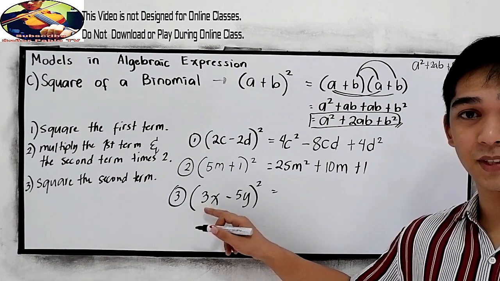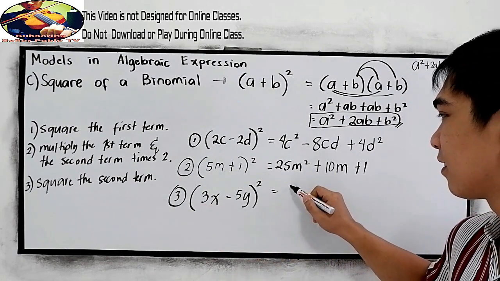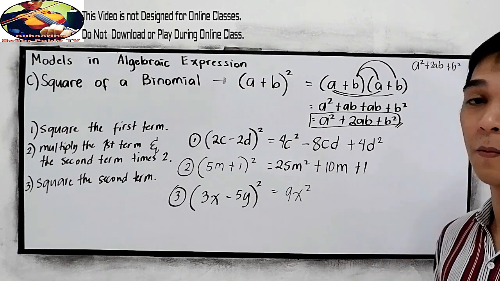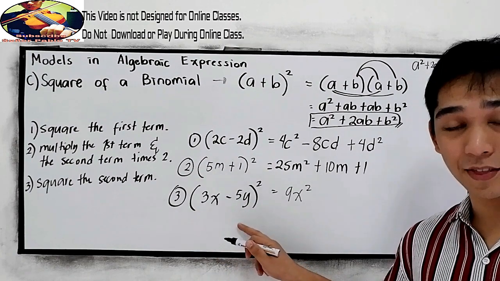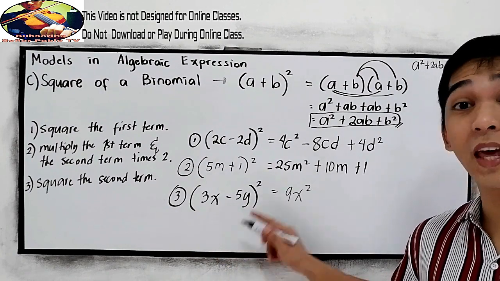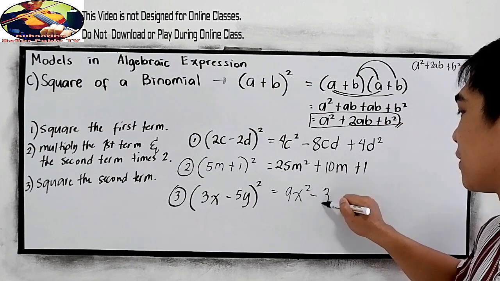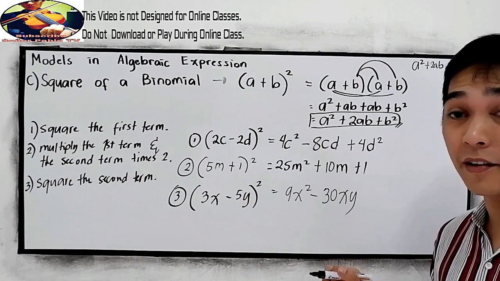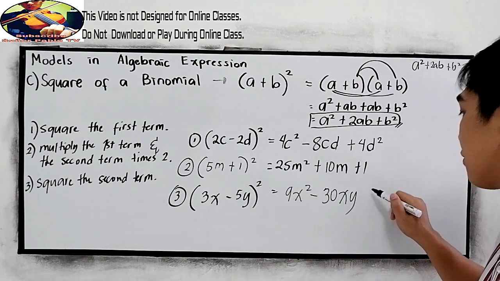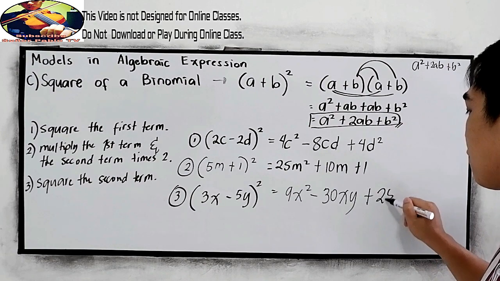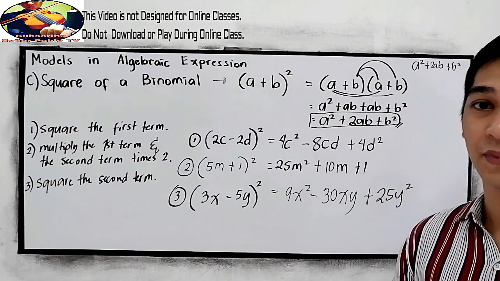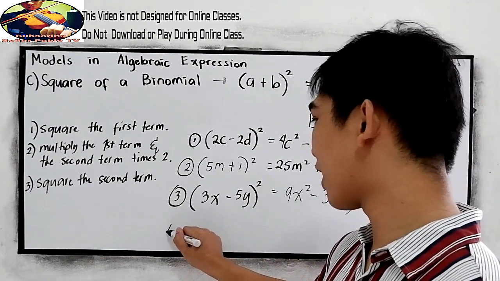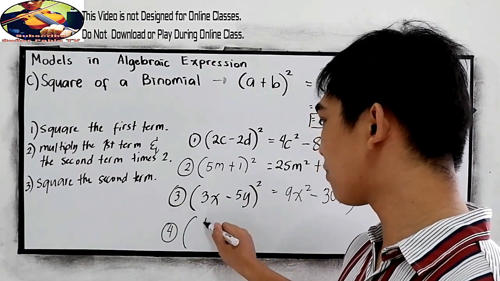Square the first term. That is 9x squared. Multiply the first term and the second term. Negative 15xy times 2. Negative 30xy. Then square the second term. Negative 5y times negative 5y. Positive 25y squared. Did you get the same answer? Very good. And for our last example, let's say we have